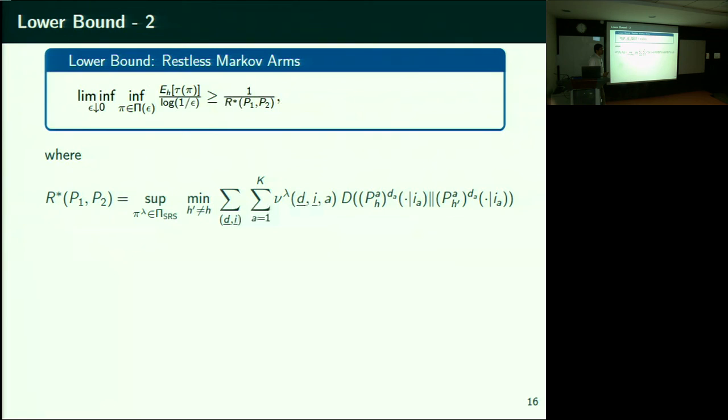You lower bound it by the best. This comes in the denominator, so you upper bound it by the best state occupancy measure. But once you have a best state occupancy measure, you can view that as an SRS policy, because you can disintegrate that into a state occupancy measure followed by an action given that state. So you can view it as an SRS policy. So this lower bound is actually quite strong because it doesn't put a restriction on SRS policy. And the key content of this is that it's enough to focus on SRS.